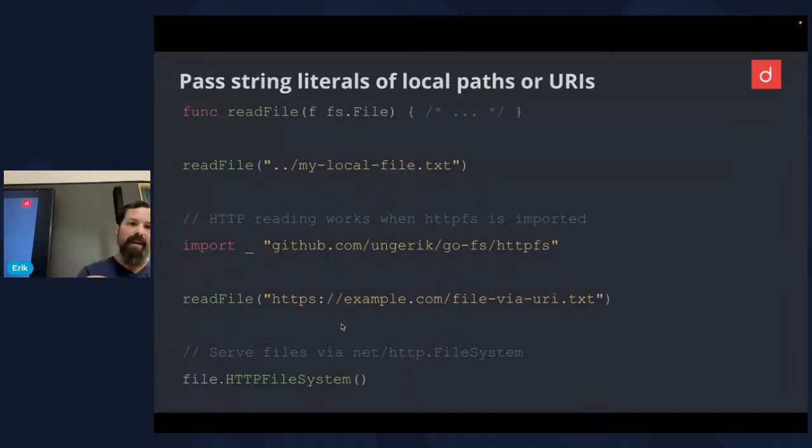So this is my own HTTP file system that just reads HTTP GET requests or converts file system reads into GET requests onto HTTP. And then, of course, there's this other HTTP file system from the net HTTP package where you can use a file or a directory as base from where you serve static files.